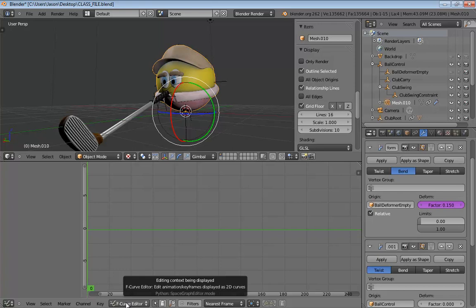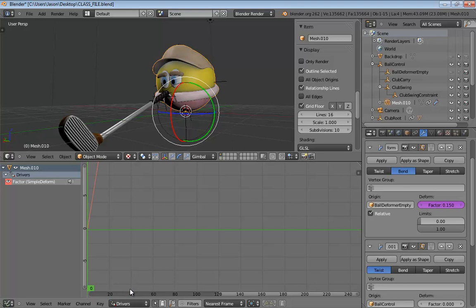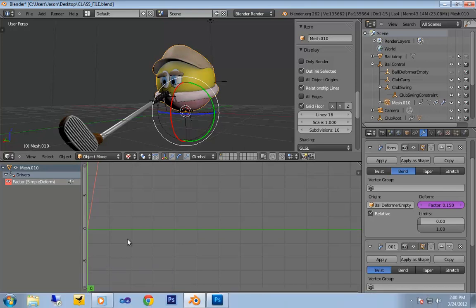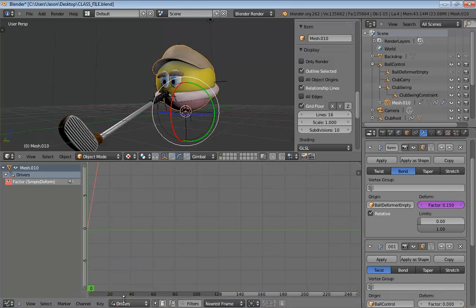It's the same as an animation curve, interpolation curve, keyframe curve. They have all kinds of names. They all mean the same thing. It's just the curves that are created by your keyframes as the computer interpolates between them. We're going to click on this and change the mode over to drivers. If you forget to change the mode of your graph editor over to drivers, you'll be pretty confused for the next few minutes, so please make sure that you do that.